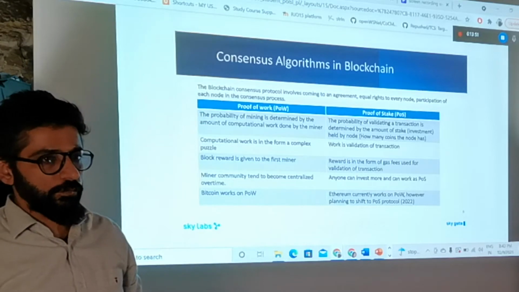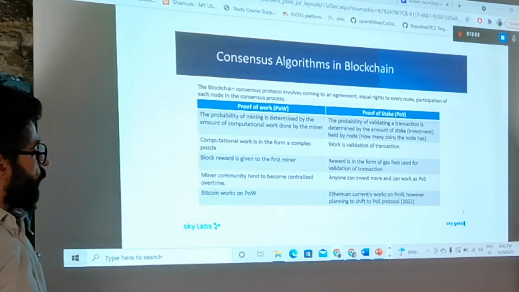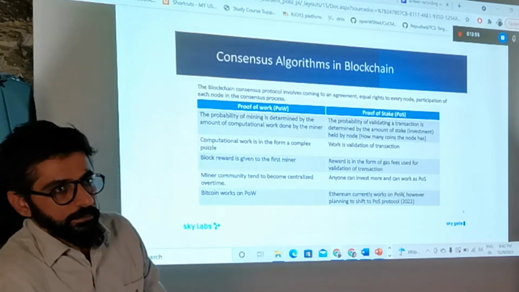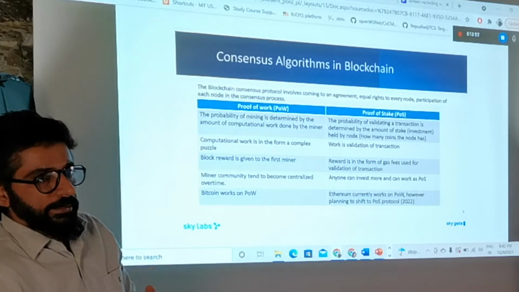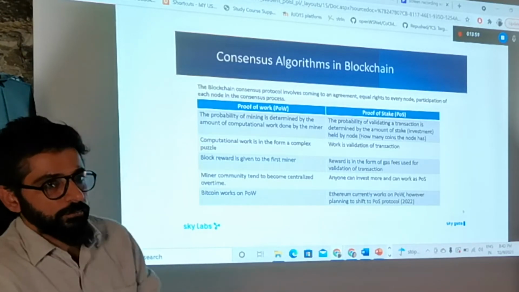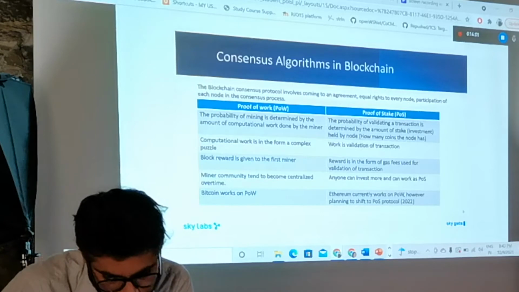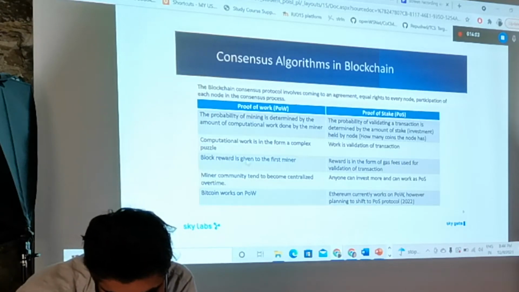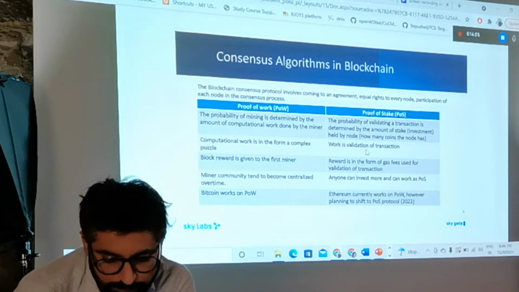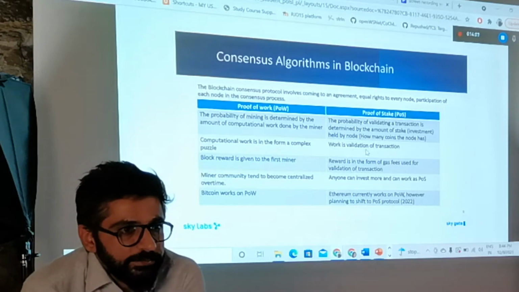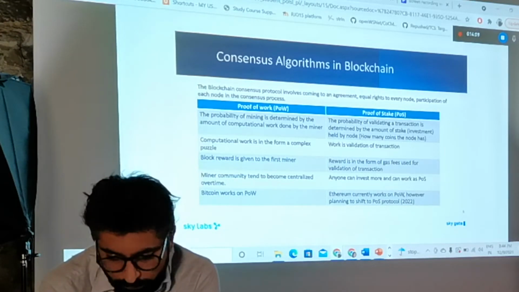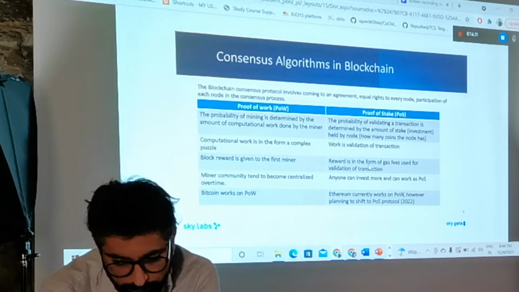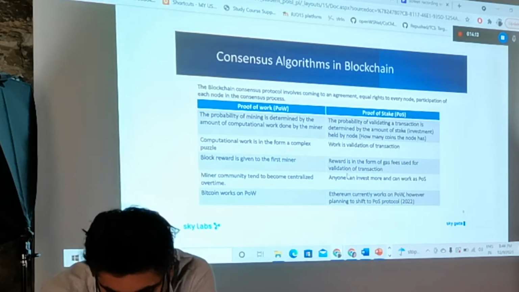The node which solves the puzzle fastest becomes the miner, and whoever does the mining is given the reward in terms of cryptocurrency or token value. In proof of stake, whichever node has the highest stake in terms of cryptocurrency becomes the validator of the transaction.